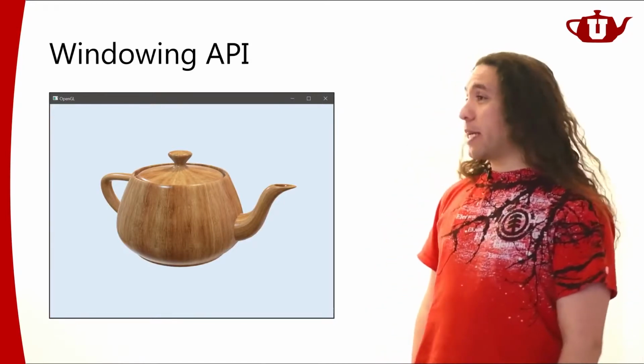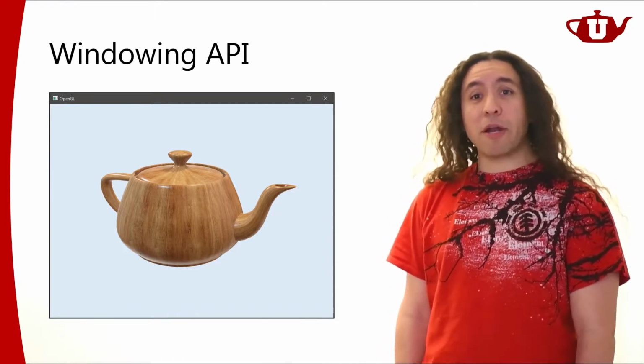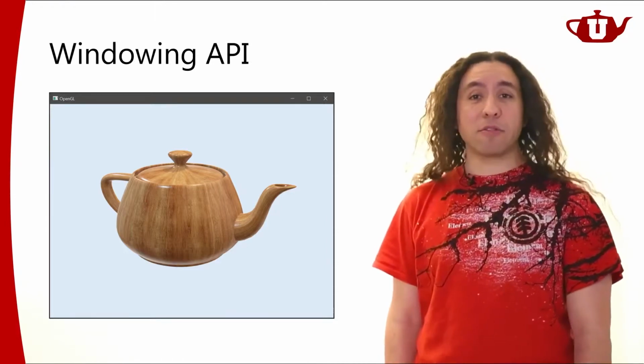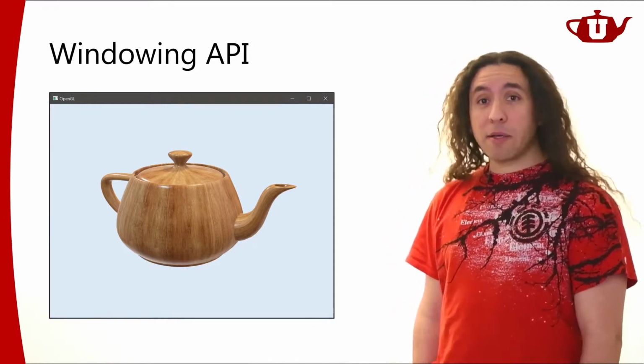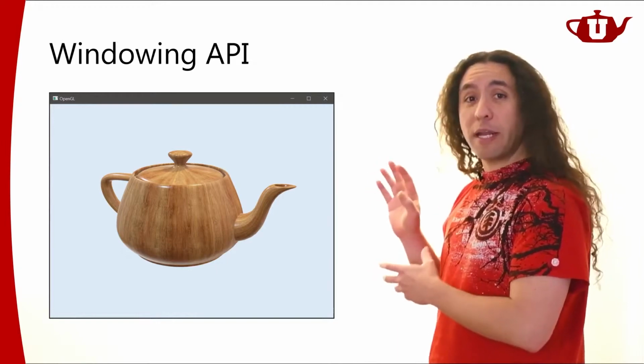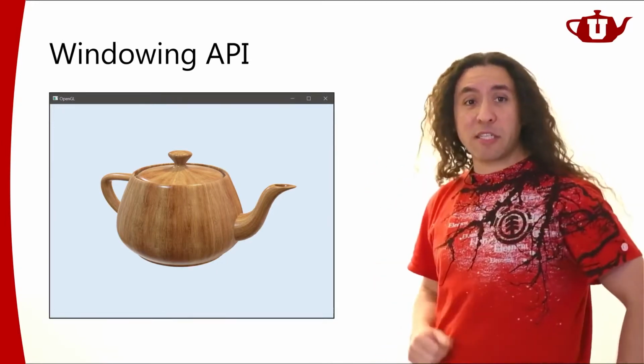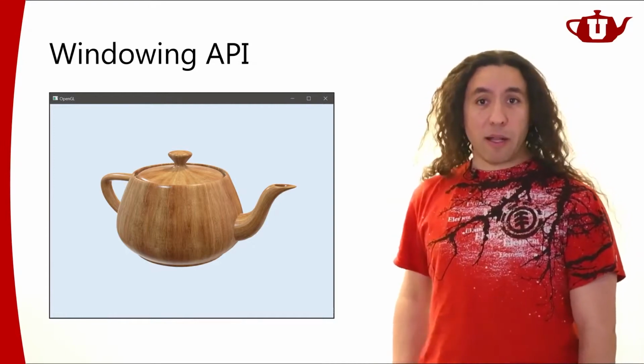So, all right, we got this window. Just getting any window is not enough. We're going to have to do some initializations about OpenGL so that we can actually display an image that's generated by our GPU inside this window, right? So there's going to be some initialization related to that as well.